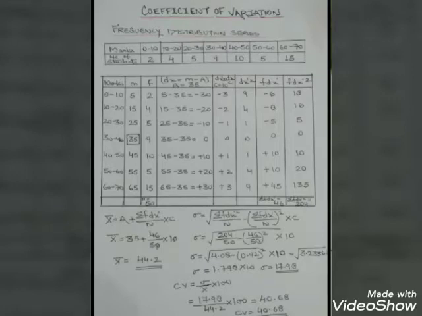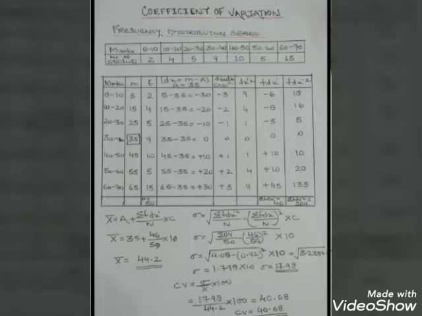Now again the important part, that is the deviation. You all know how to calculate a deviation. That means you need to assume one value from the mid values to be the average value, and for that you can assume any number. I have taken 35, so my assumed average is 35, and to take out the deviation, we are supposed to subtract this assumed number from the mid value.